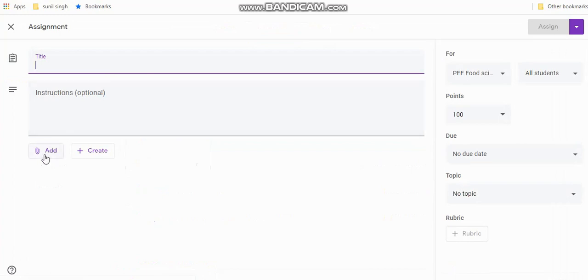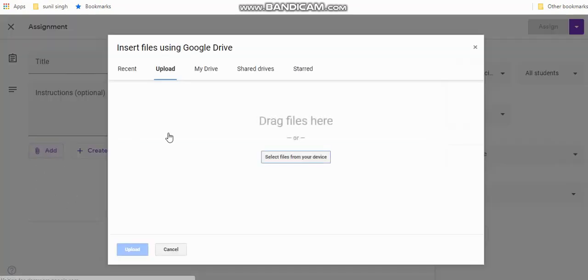Then suppose the assignment is in a file folder like this, so you can add that file. Suppose you have the file, then you can link that file. So you can upload the file from here.